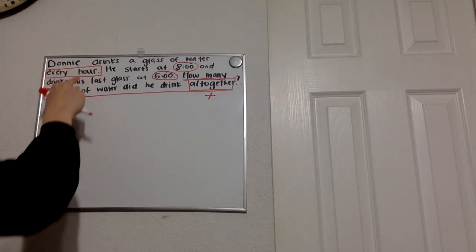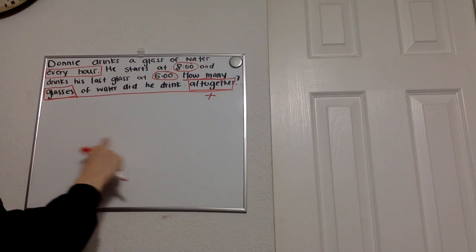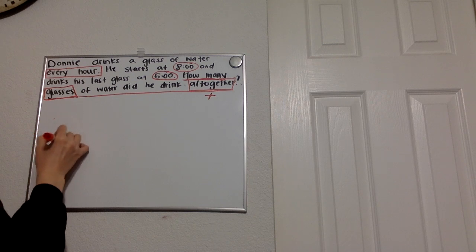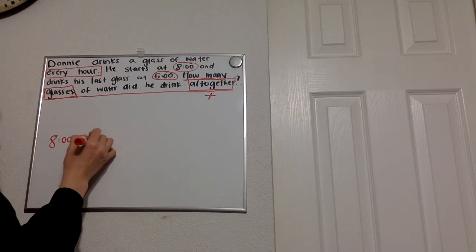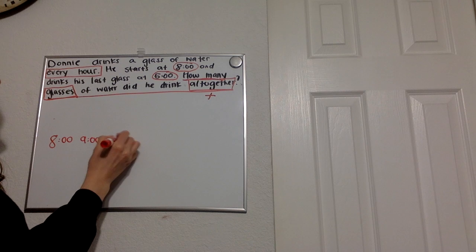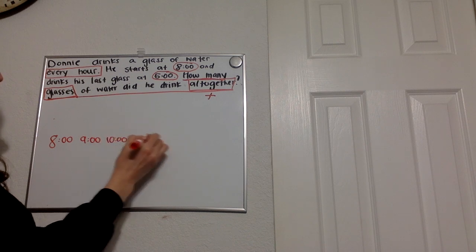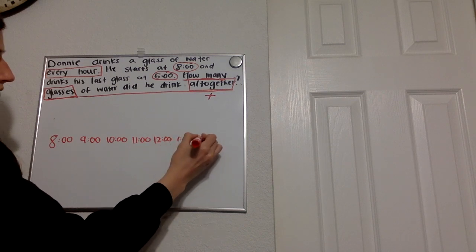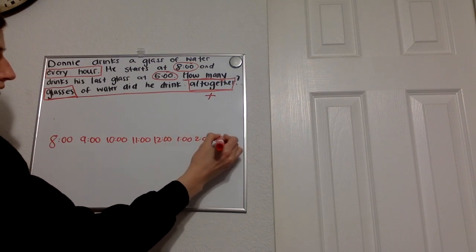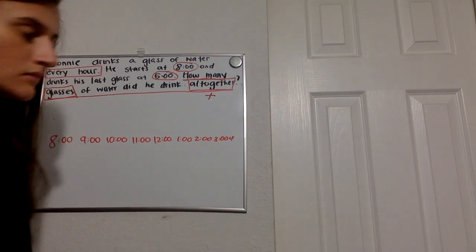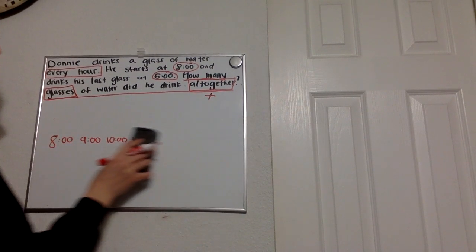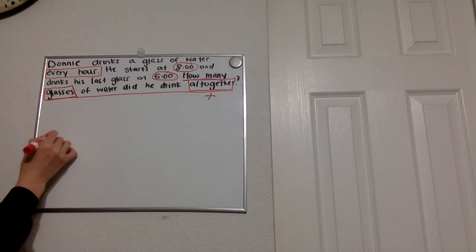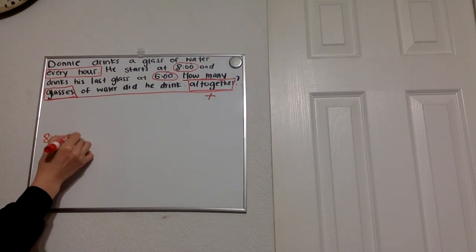Since we're counting in hours, I'm going to start at 8 o'clock and make my number line go every hour until 5 o'clock. So I have 8 o'clock, 9 o'clock, 10, 11, 12, 1, 2, 3, 4. Ooh! This is too big. That's okay. I'm going to rewrite it smaller, and while I'm doing that, I want you to notice